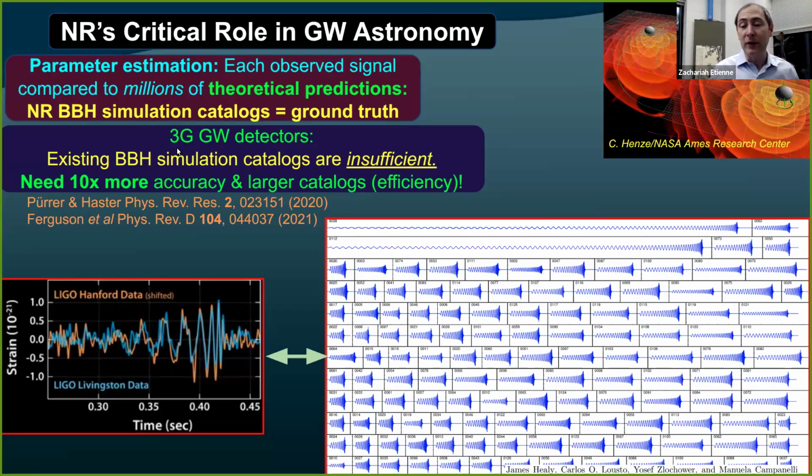And we've been doing great with the current state of the art with current generation gravitational wave detectors, so-called 2G detectors. But looking ahead at the next generation of gravitational wave detectors, we know that our existing catalogs are insufficient. In fact, the dominant error source in our data analysis is not the gravitational wave detector itself, but numerical relativity simulations. We are standing at a cliff that we need to cross to the other side,